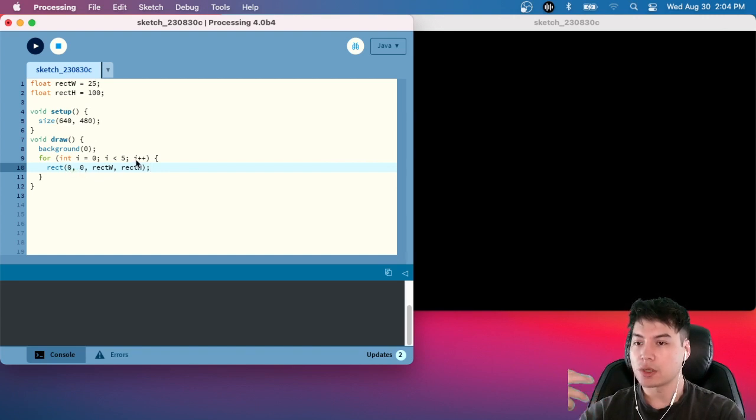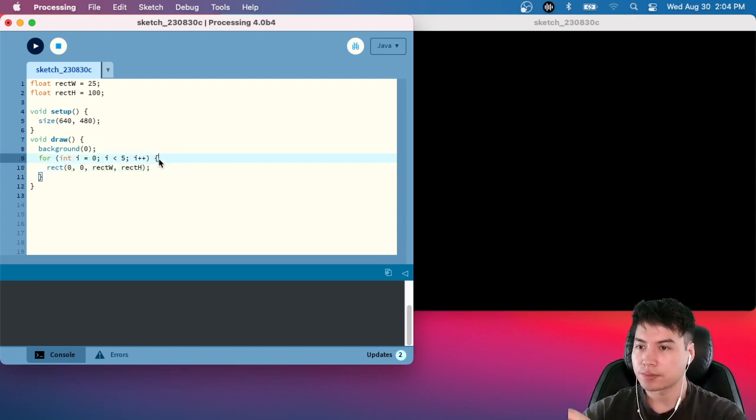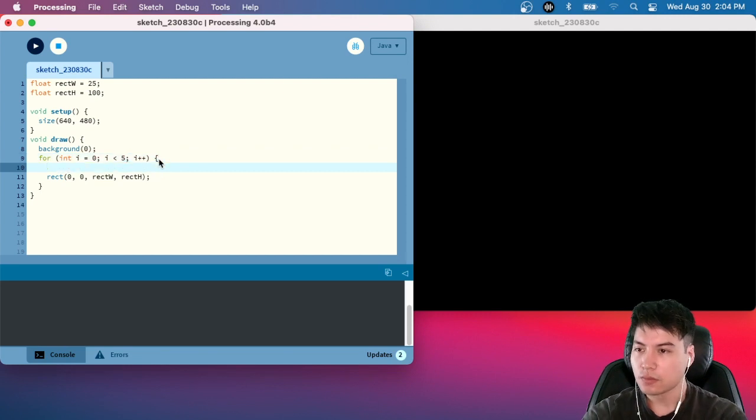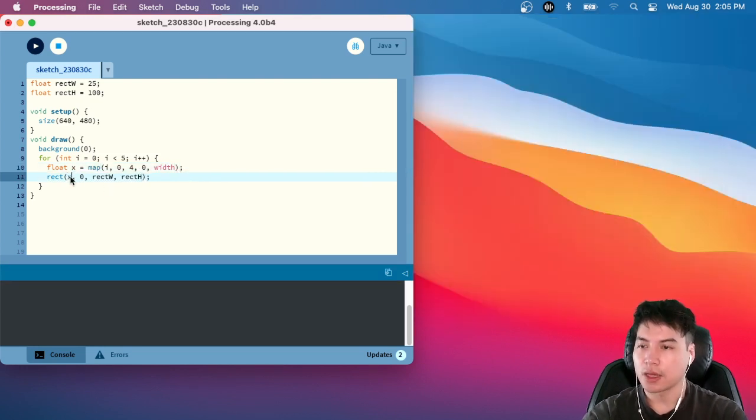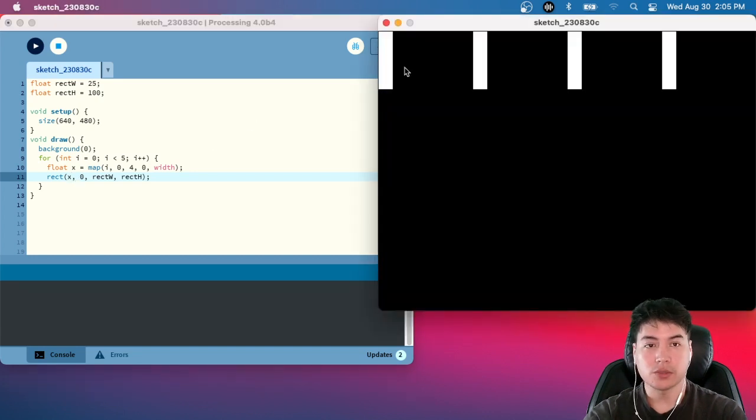So like if I wanted to draw the rectangle somewhere else every single time, what I could do is change the x position, right? So we're going to map i, which we know goes between 0 and 4, and let's map this between 0 and width. And then instead, we'll have x here. Okay, that's pretty cool, right? So we're seeing 4 of them. I was expecting 5, right? And the reason that we can't see this 5th one is because the last one is being drawn